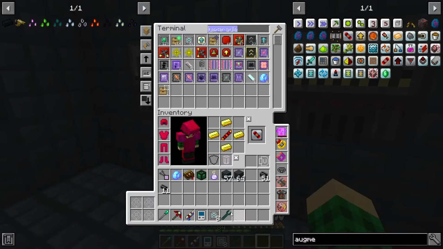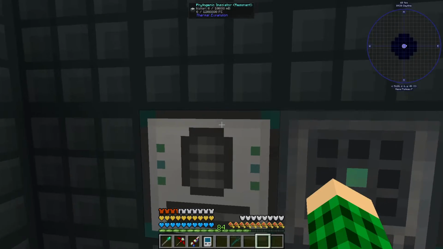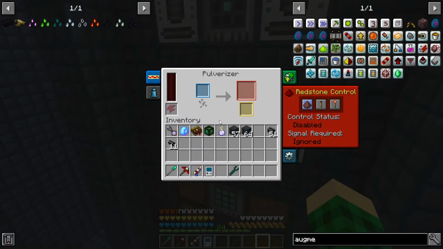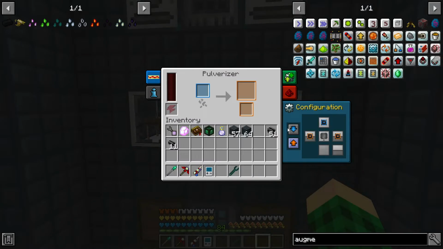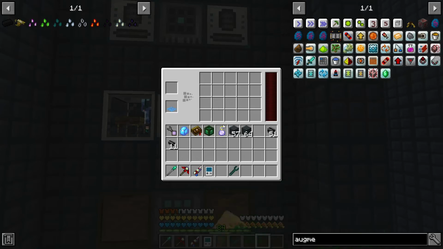Okay, cool. So what we're gonna do is we're gonna use these phytogenic insulators to grow netherrack essence. We're gonna use this crafter to craft it up into netherrack, and then we're gonna pulverize the netherrack into crushed netherrack. We're gonna output it to both sides here, so we're gonna have an input on top, output on the right here on both sides,